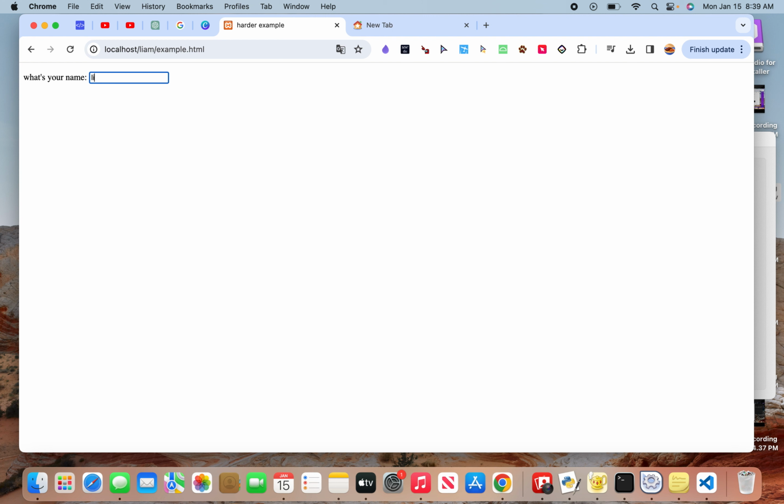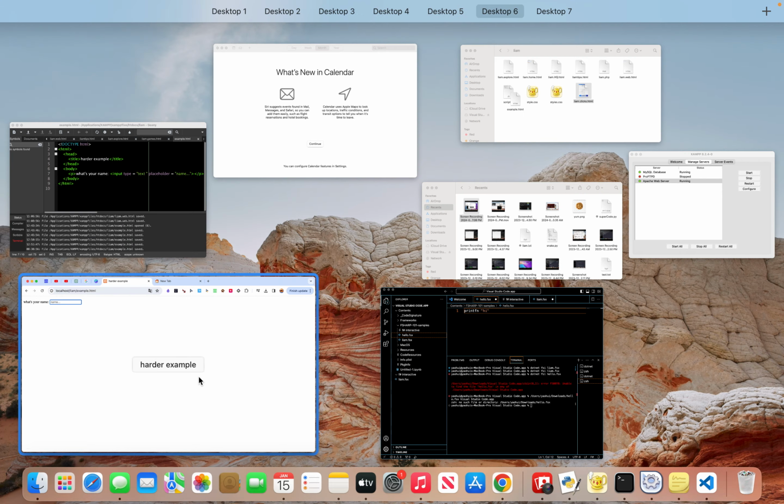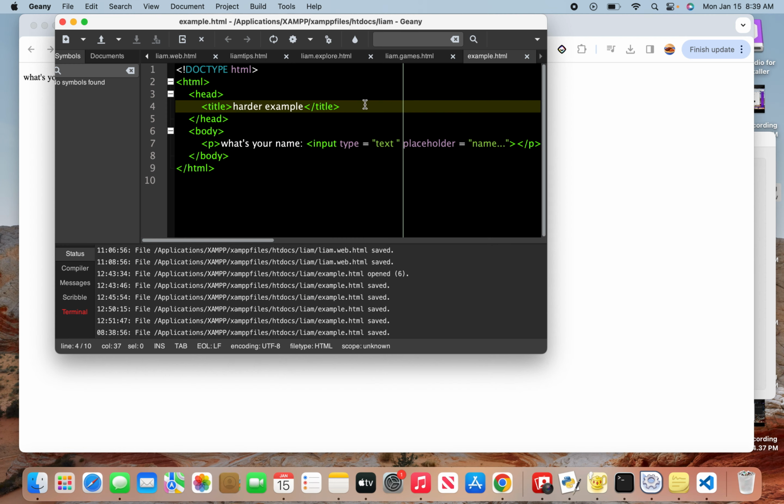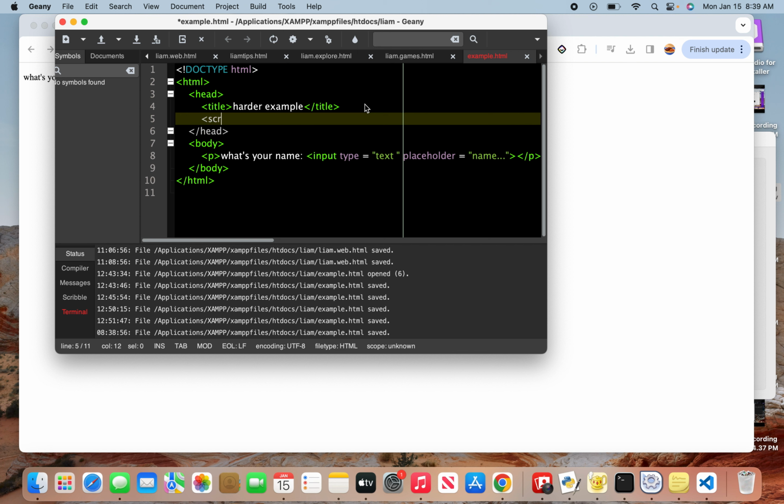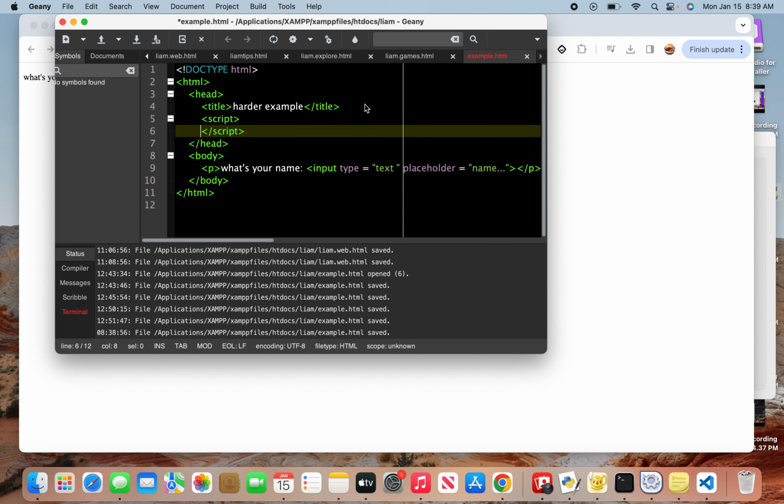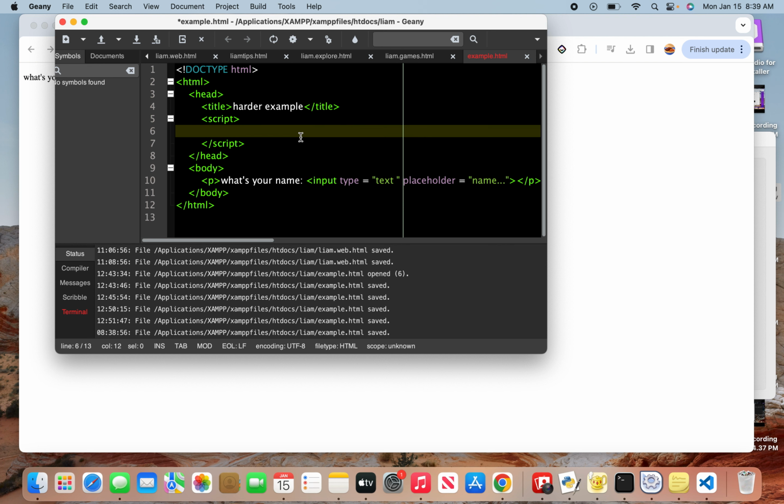Okay, now let's get to the harder stuff. So over here, we're gonna type some JavaScript just like what I promised. And that's the JavaScript tag. And some people don't really know what is JavaScript. JavaScript is just a code, but not really for webs, but you could add JavaScript in your HTML code. So if you're gonna have it in HTML, it could have a function, and you can name your function. My function name will be